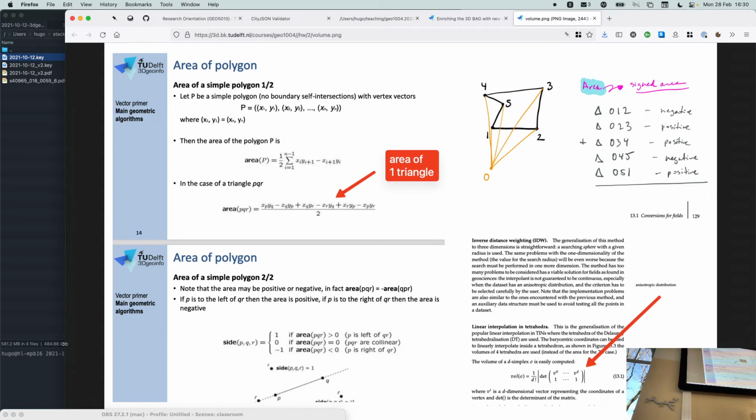And if you have a curve like that one, 1, 2, 3, 4, 5, you create triangles by taking every edge and creating a new triangle like this. So you end up with 5 triangles: 0, 1, 2; 0, 2, 3; 0, 3, 4; 0, 4, 5; and 0, 5, 1.